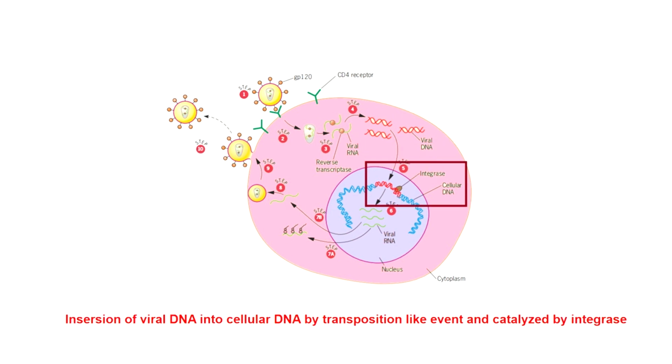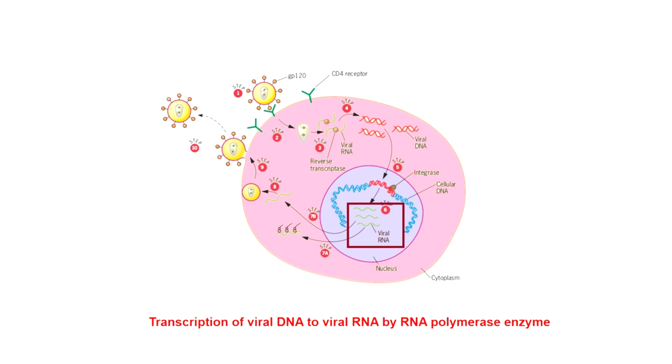Now this resulting double-stranded DNA molecule then enters the nucleus of the cell. So it was in the cytoplasm. Once it's converted into a double-stranded DNA molecule, it enters the cell's nucleus, and then it is inserted at random positions in the chromosomes of the infected cell. Now this double-stranded DNA molecule, which belongs to the virus, can now be transcribed along with the cellular DNA.